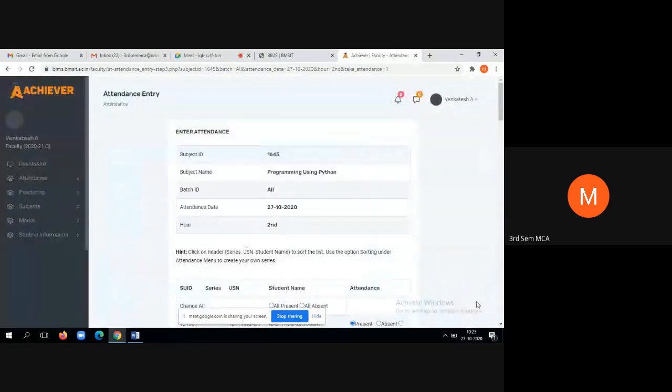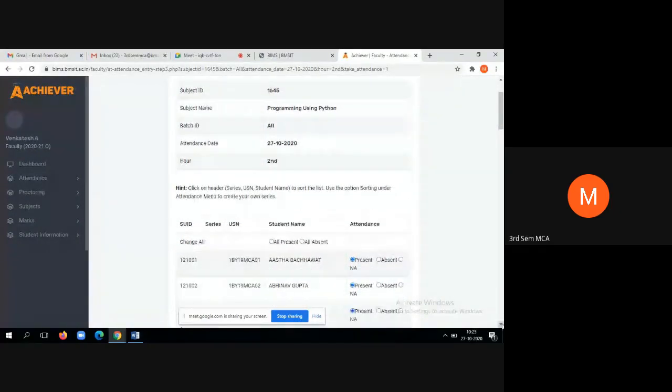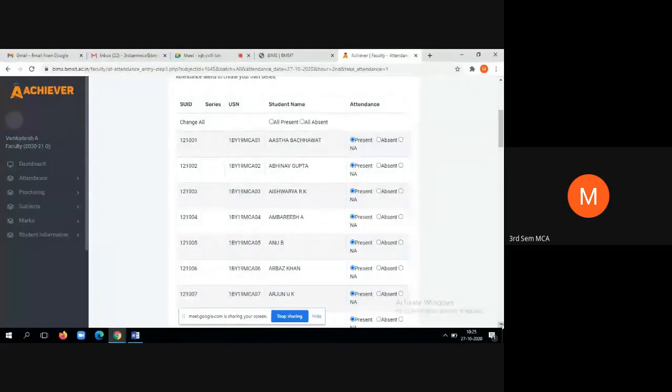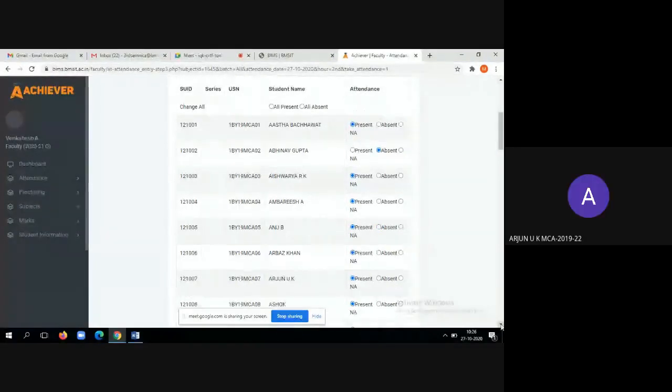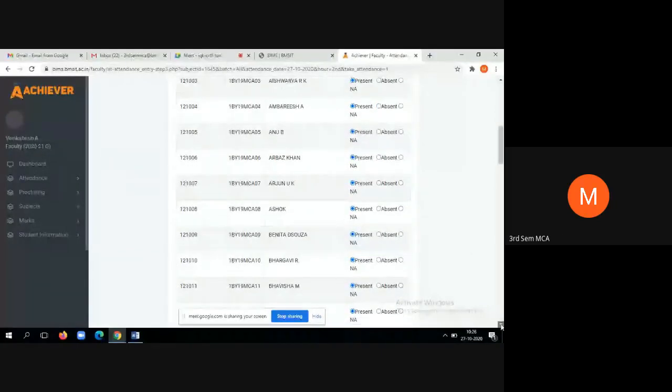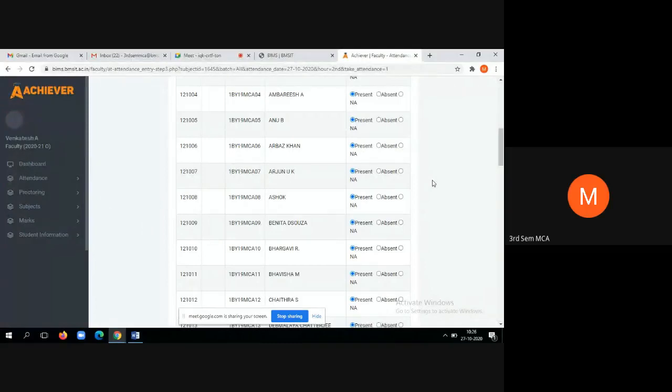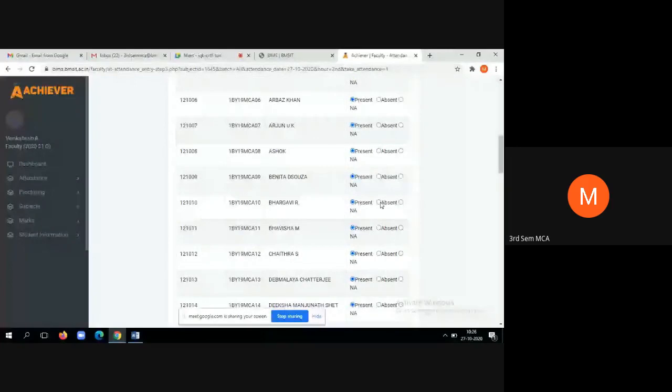Students, answer for the attendance. USN 1, present, sir. 2, Abhinav. 3, present, sir. 4, yes, sir. 6, present, sir. 7, present, sir. 8, present, sir. 9, present, sir. 10, Bhargavi. 11, present, sir.